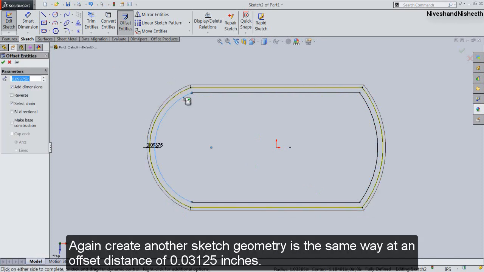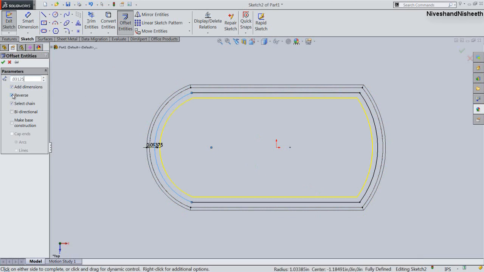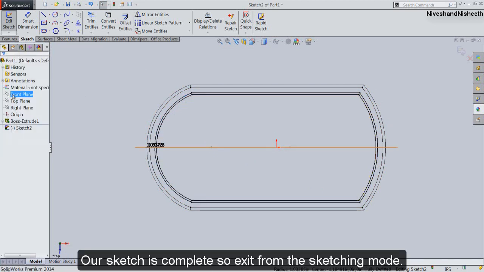Again, create another sketch geometry in the same way at an offset distance of 0.03125 inches. Our sketch is complete, so exit from the sketching mode.